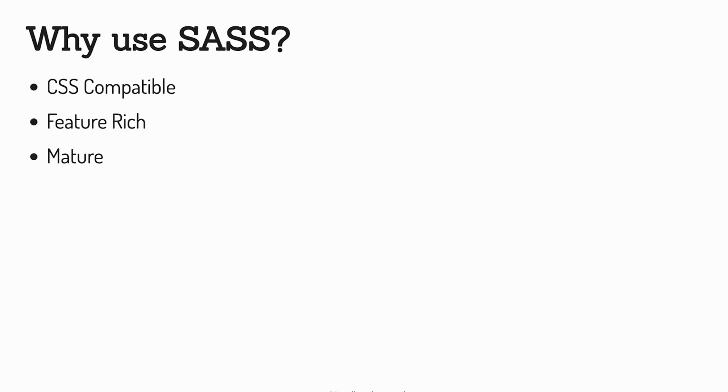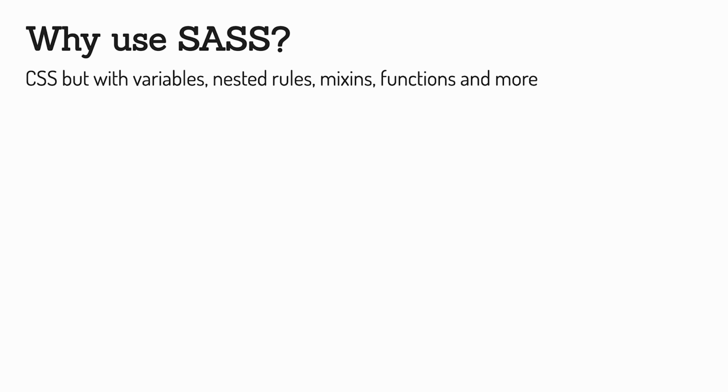The first and main reason is it's CSS compatible. So just because you have a Sass file in your product doesn't mean you actually need to use it. You can just use plain CSS, which we actually will be seeing more of later. But it has a lot of features that just elevate our day-to-day use with CSS quite a lot. And it's quite mature, so there are very few breaking changes over time. It's a fairly stable product. And you can kind of think of it as CSS, but with variables, nested rules, and functions.